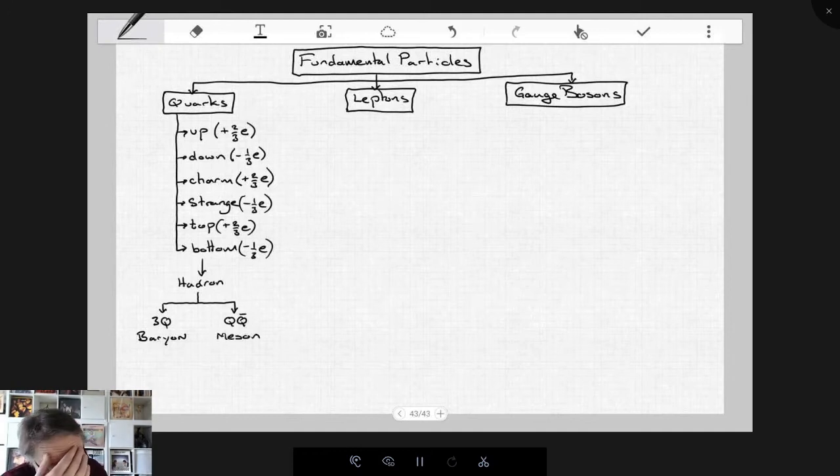An example of a baryon is a proton, which is an up, up, down, a collection of 2 ups and a down. And if you think about the charge there, you've got 2/3 plus another 2/3, which is 4/3, minus 1/3, which is 3/3, which is plus 1. That's why a proton has a charge of plus 1. A neutron is an up, down, down, which is 2/3 minus 1/3 minus another 1/3, which is why a neutron is neutral.